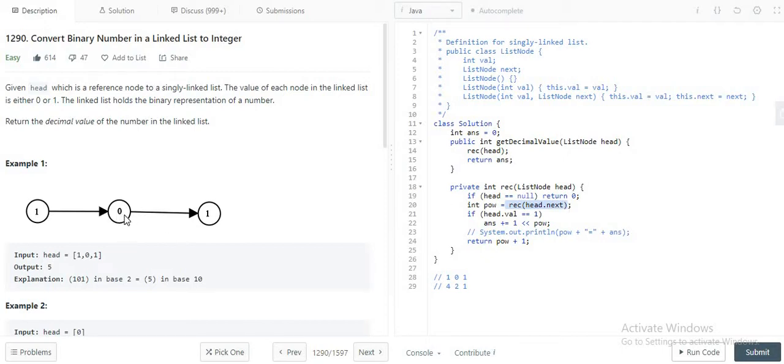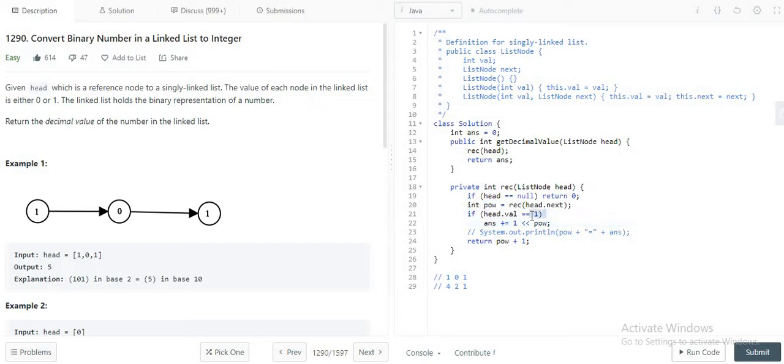Now the next node is 0, then again it will call recursively head.next. Now it is at the last node. Again it will call head.next. At that time we get head equal to null and it will return 0. Please note that this 0 is not the value, but it is a power. I will let you know why I am saying it is a power. So first, when the head node is null, the value of this power will be 0.